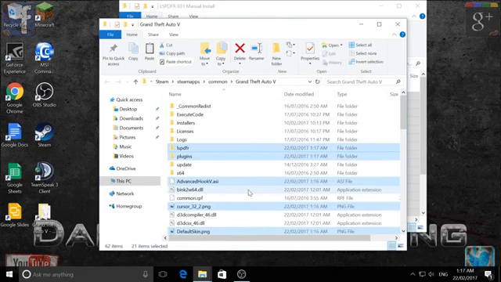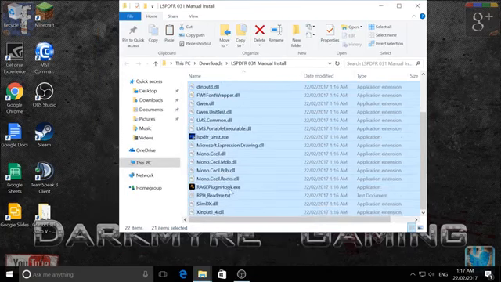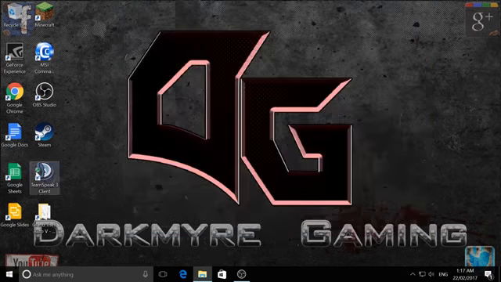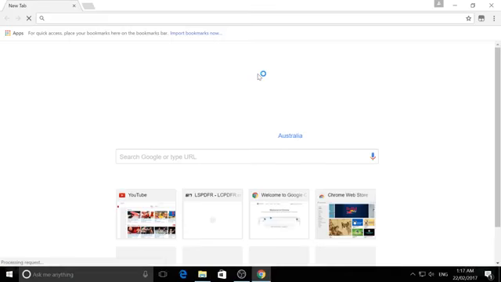And so now we have LSPDFR installed. We're about halfway there. Now we need to get to RagePluginHook, although you'll see here it is included in the LSPDFR installation. That is quite an old version at this point. See, there's file version 0.36. I think the current version is 0.50. So very old version. To get that, back to Google Chrome, and we want